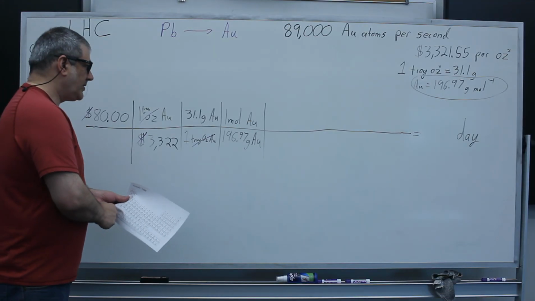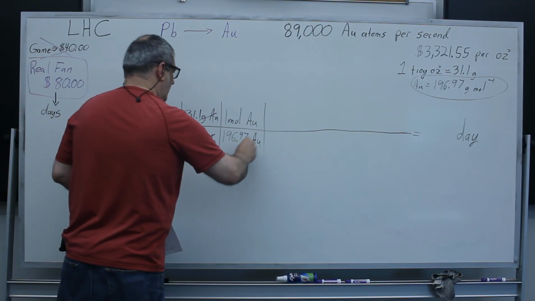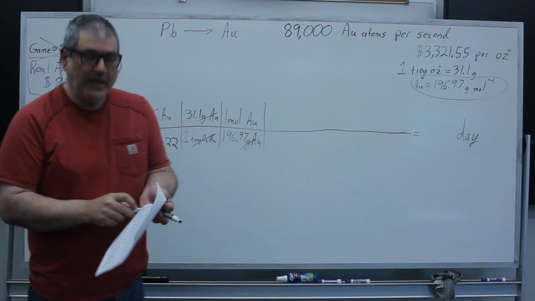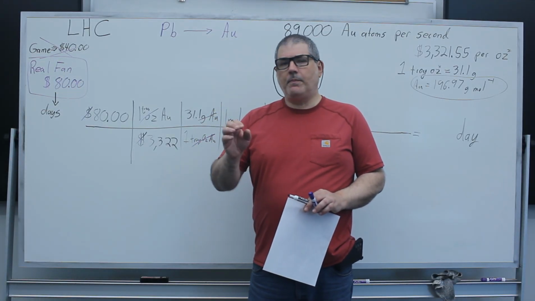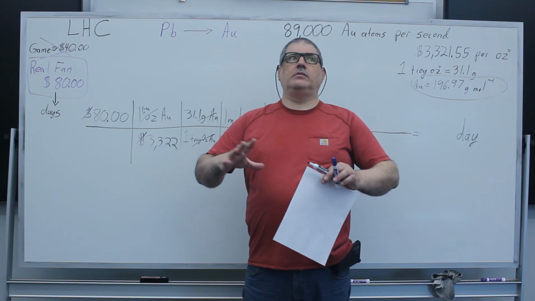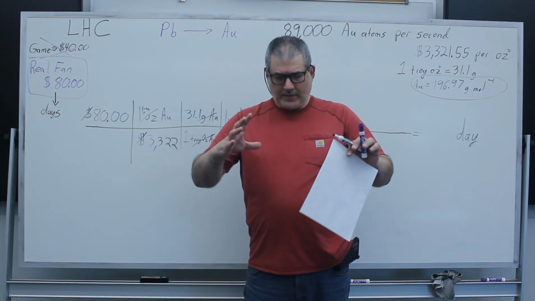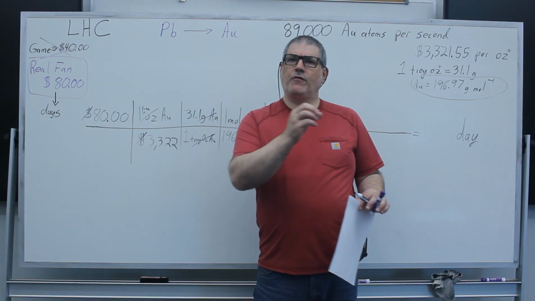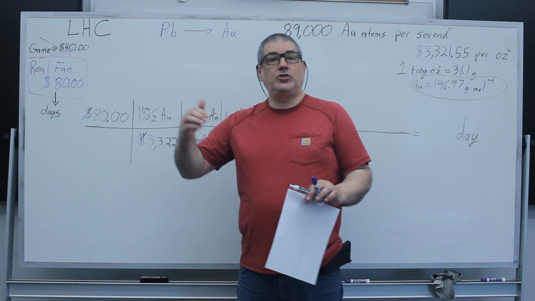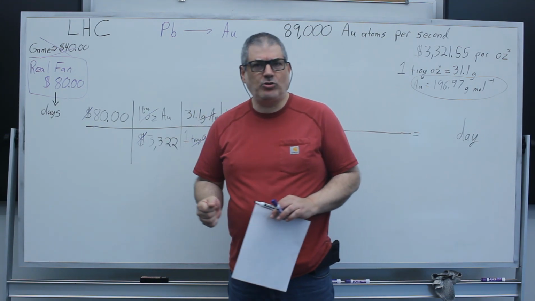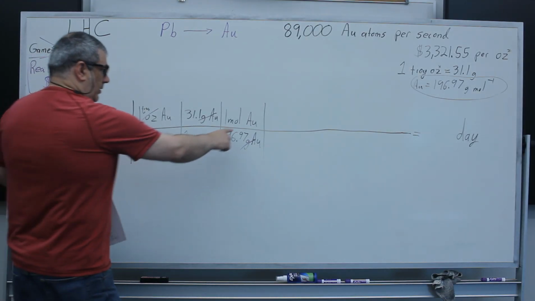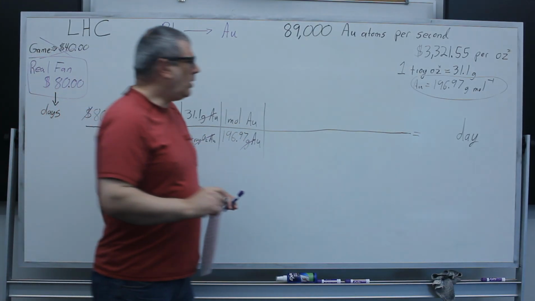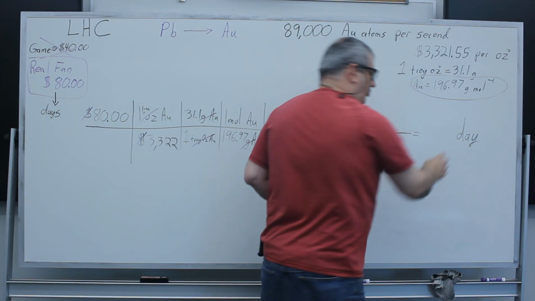Grams cancel, grams of gold cancel. Now I'm in moles of gold. And I'm not going to go through the whole theory of the mole, but a mole is a way that we measure matter, so we can convert from atoms into grams, into things that we can actually measure in the macroscopic world. So we have moles of gold, but what we really need, well, we're still trying to get to